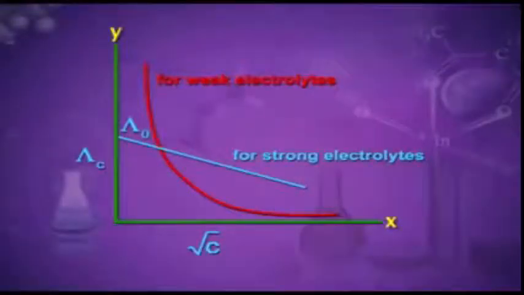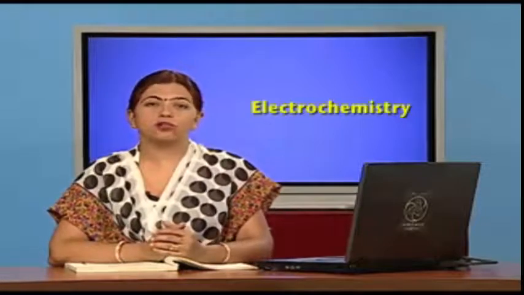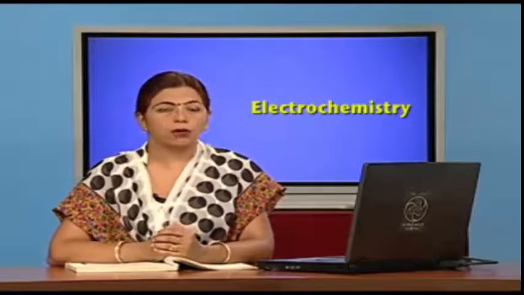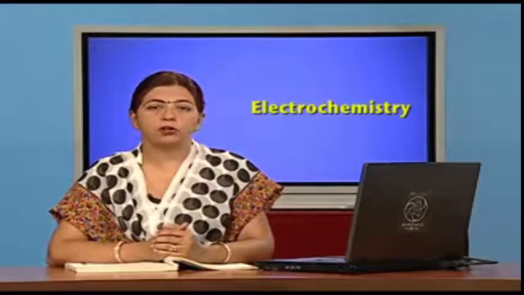Let me explain the molar conductance for strong and weak electrolytes with dilution. In the graph, you can see a blue line for the strong electrolyte. As we decrease the concentration and increase the dilution, the blue line soon approaches and touches the y-axis, and we get the limiting value of molar conductivity. This is the behavior for a strong electrolyte. Examples of strong electrolytes are potassium chloride, sodium chloride, hydrogen chloride, etc.